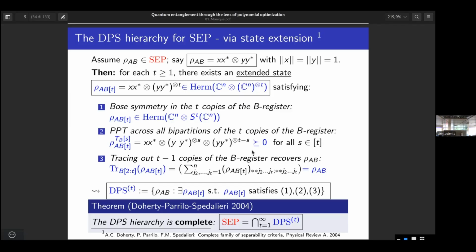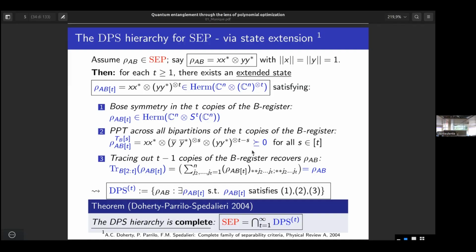I guess the question is, if I give you T, can you produce in an explicit way the state for which DPS T is not in set but it is in DPST? Because I guess the question is kind of the other way around. I understand there is an anti-hardness statement that says that there will be something for which the T has to be large, because otherwise you go against what we know. But getting an explicit construction of this object is not so easy. It's hard. Yes, I understand.